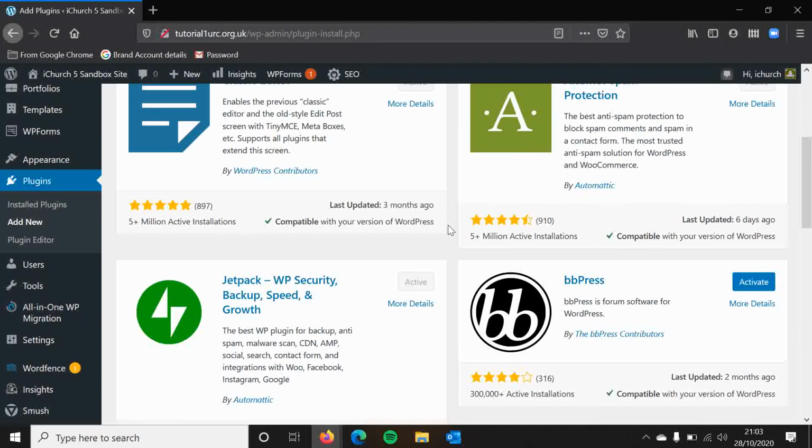There isn't a set time on when it should or shouldn't have been last updated, but the more recent the better, because what it shows is that the plugin creator is making constant changes and is updating the plugin very often. We talked at the very beginning, on one of the very first iChurch tutorials, about updating our themes and our plugins. So these updates are mainly for security purposes, because if hackers have found a way around